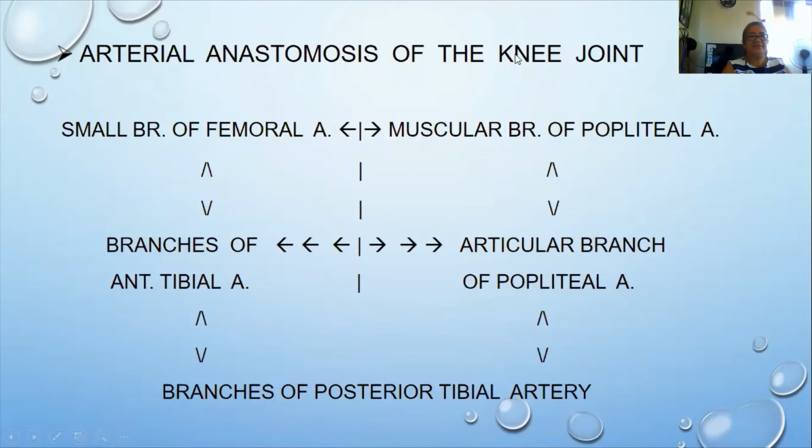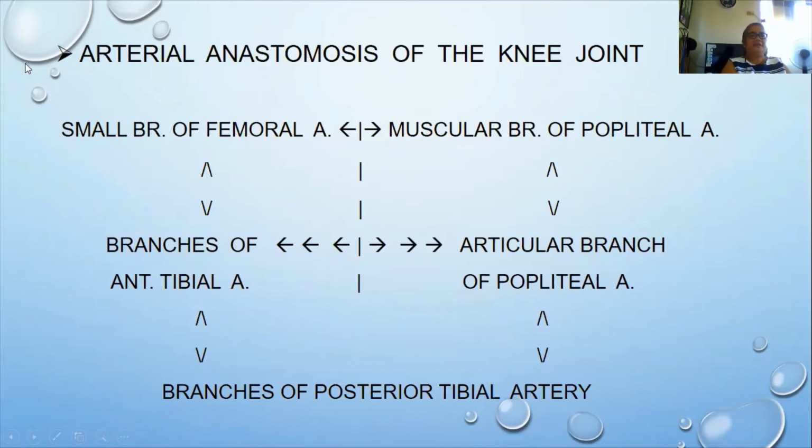Because when you walk, you will be alternately flexing and extending your knee joint, so there could be kinking of the arteries that will be passing through the knee joint. So, to compensate for this frequent alternate flexing and extension of the knee joint,